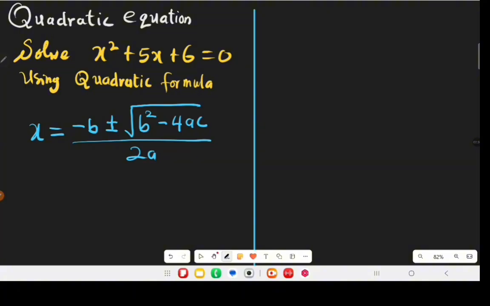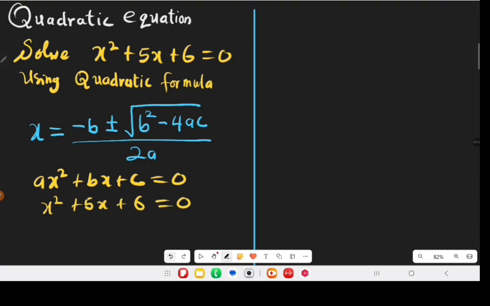We compare ax squared plus bx plus c equal to 0, which is the form of a quadratic equation, and the equation given to us, which is x squared plus 5x plus 6 equal to 0, where